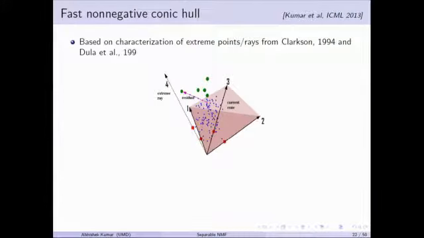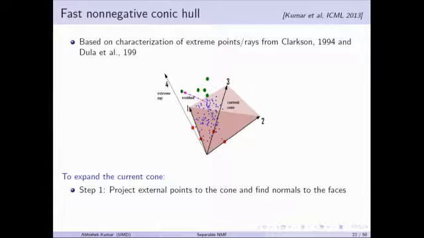So again, the approach is a conic hull method to recover the extreme rays of the data cone, and it is inspired by characterization of extreme rays and extreme points from the Clarkson and Dula paper. I think this should be 1999. The approach recovers the extreme rays incrementally, one extreme ray in each iteration, and here I have shown the current cone after 3 iterations. So we have added 3 extreme rays to the cone,